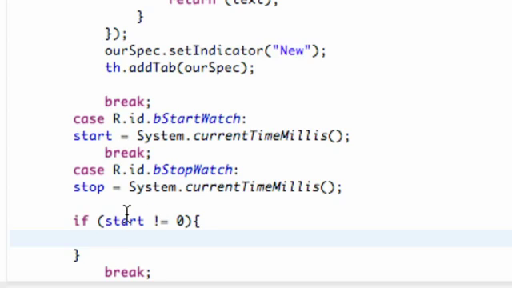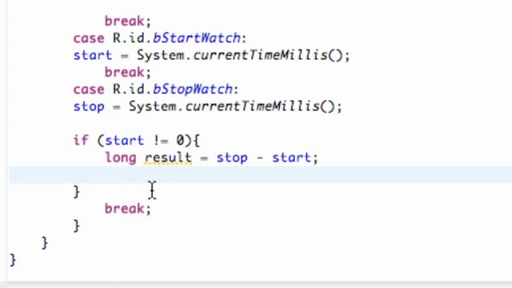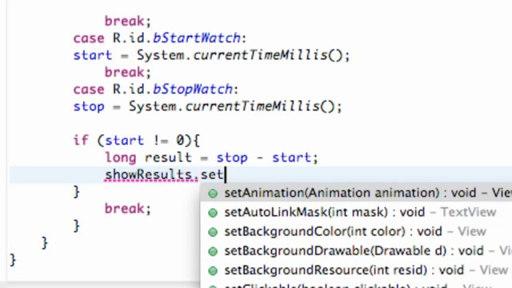Within here we're going to set up a new variable, a long result, and this is going to be equal to our stop time minus our starting time. So basically it's how long it took the person to go from start to stop. And then we're going to say our text view, which we called showResults, dot setText,